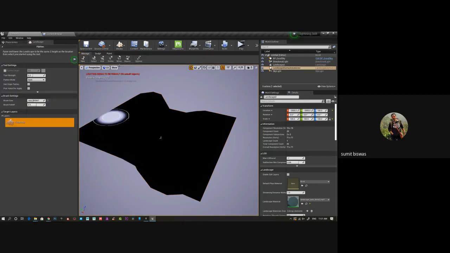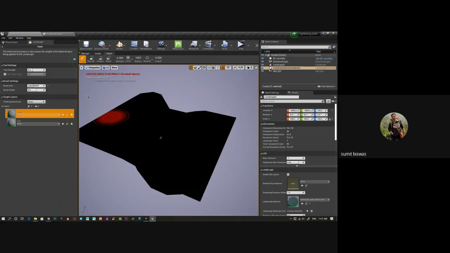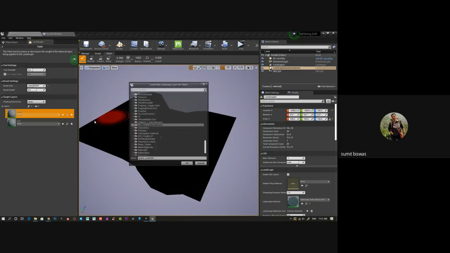The reason is, if you go to landscape once again, the third tab is paint, because you have to create an information file for all those layers. Right now, there is no information. So you have to press weight blend normal and save it wherever you want. Already exists. Okay, we'll save it somewhere.